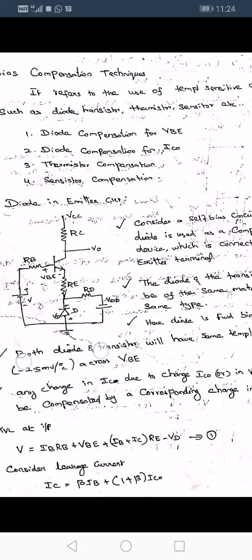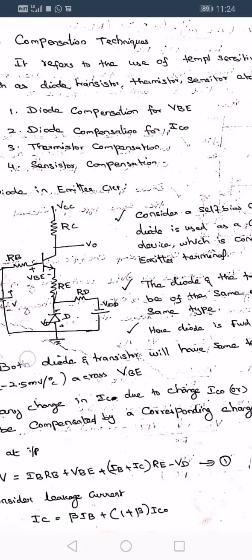In that, we have to consider the emitter bias circuit. That is the last third biasing, voltage divider bias or emitter bias. In that circuit, we have already redrawn using the voltage divider rule. So the circuit will be redrawn like this. The R1, R2 potential resistors are changed into RB. By applying the voltage divider rule, we can get this input voltage V. From that circuit, we can add one more circuit with the help of this diode, and one more resistance RD and power supply VDD.